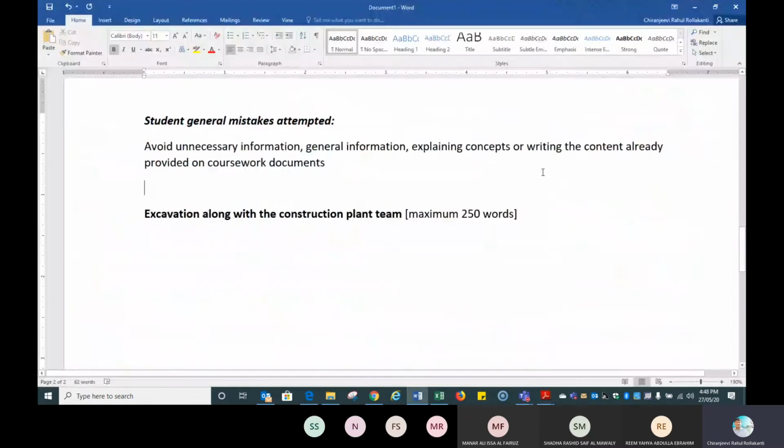If any student approaches you asking how their reflection on the MOOC is, check whether they are providing specific information or generic information. 60 to 70% of students are writing only generic information.